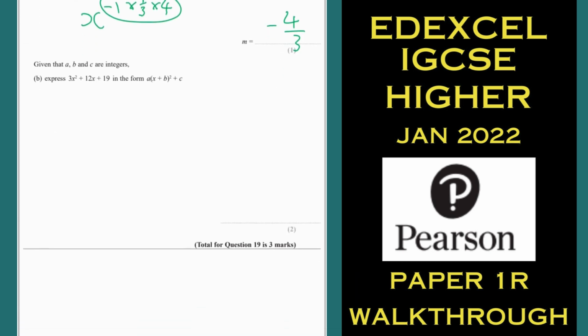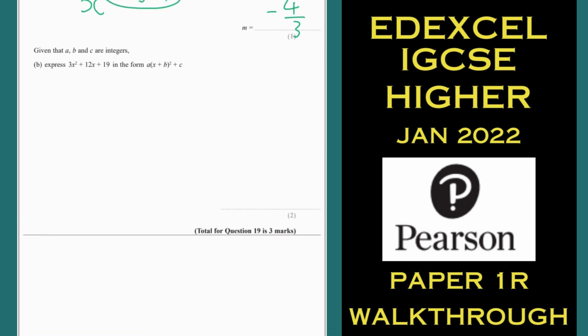On to part B. They love completing the square, everyone. If you don't revise completing the square, you're chucking away marks. Very, very standard. Comes up on every paper. Sometimes they're even more tricky than this, and they have minuses and all that malarkey. This one's tricky in one hand because it's got a 3x squared, but it's one of the better ones because there's no problem with numbers going into fractions or any nonsense like that. My advice is leave the plus C bit alone. We know that will change. Let's just work on